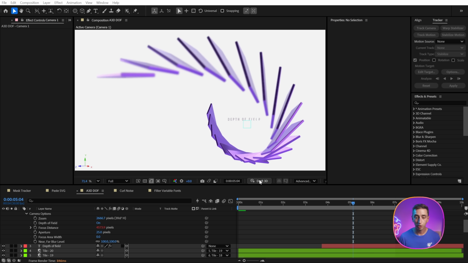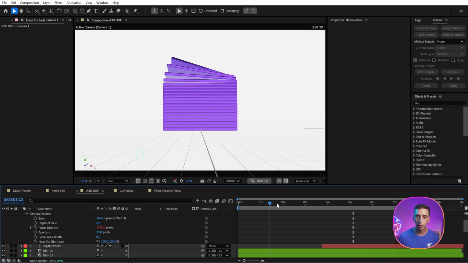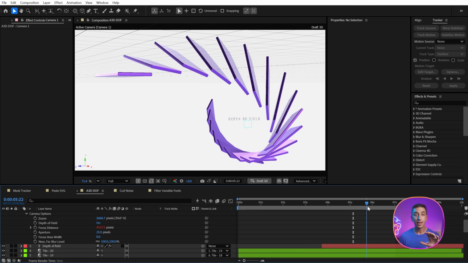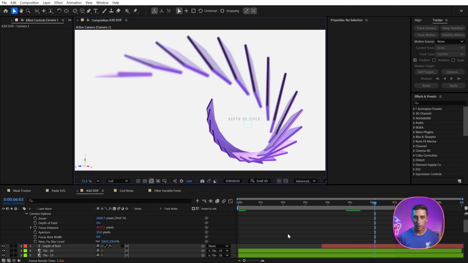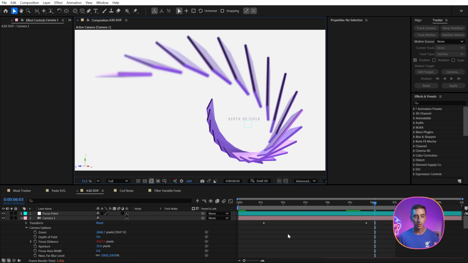but you can always turn on Draft 3D so you can get through the animation, the camera movements, exactly the way that you want them to look. And then once you're ready to dial in that depth of field, turn Draft 3D off, play around with the render settings, and then render the footage at full quality. I love that this is now native to the Advanced 3D Render engine, and I think I'm going to be using